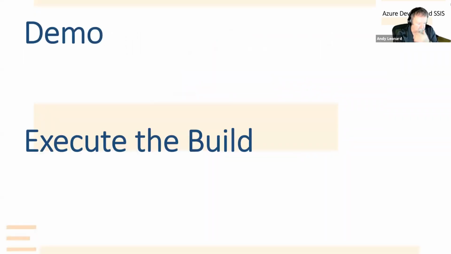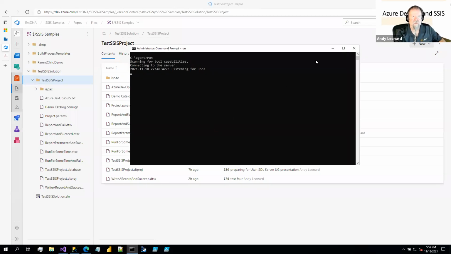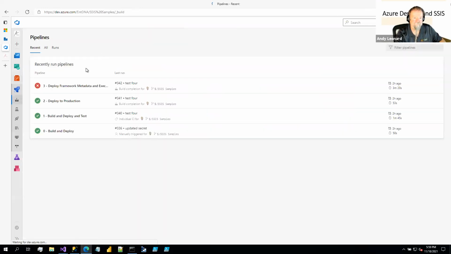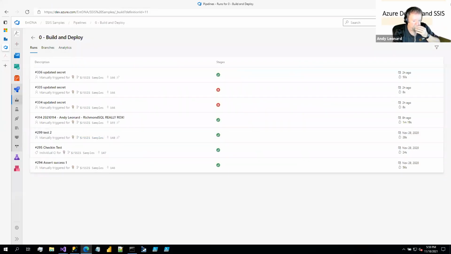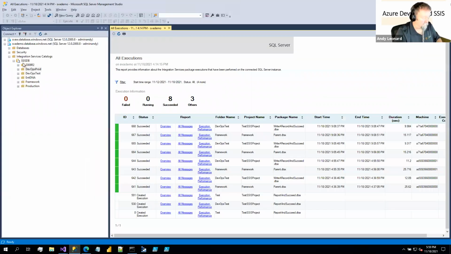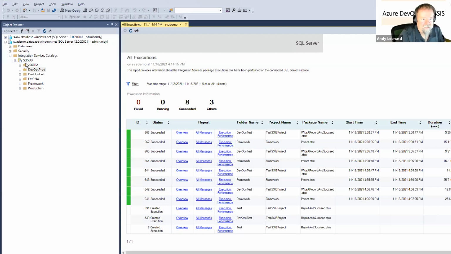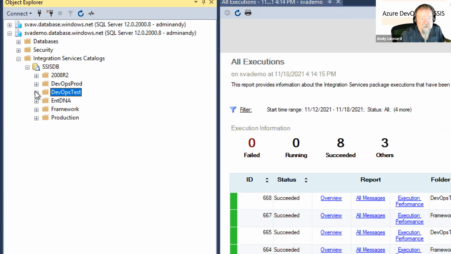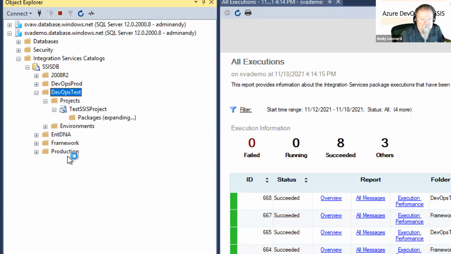So let's look at doing the build part here. Let's go to here. And I've got a pipeline here. I'm going to go over to pipelines, and I'm going to go to this 0 pipeline here, build and deploy. And this is all it does. So where is it deploying to? Well, I'm glad you asked. It's deploying to here. My SVA, you saw that, and it's DevOps test. So it's actually going to deploy the project to here,